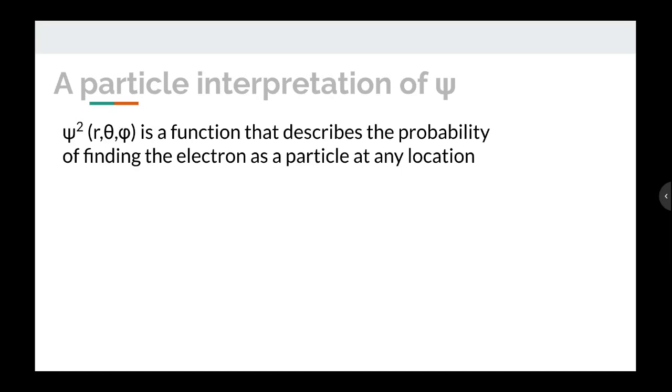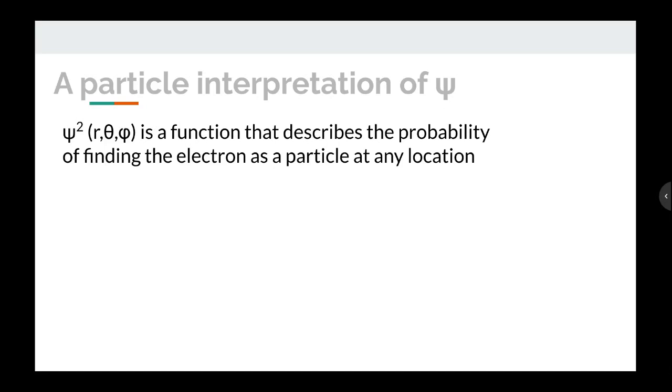Psi is a function that describes a matter wave, a 3-dimensional matter wave. There is a small group of people in real esoteric fields that work in physics departments in universities who will think about electrons as matter waves, and they have a deep understanding of these mathematical models. For us, as chemists who are trying to figure out how we can use the properties of electrons in atoms to predict how chemical change is going to take place, it's much more useful to have a particle interpretation of psi. And in fact, it turns out that there is.